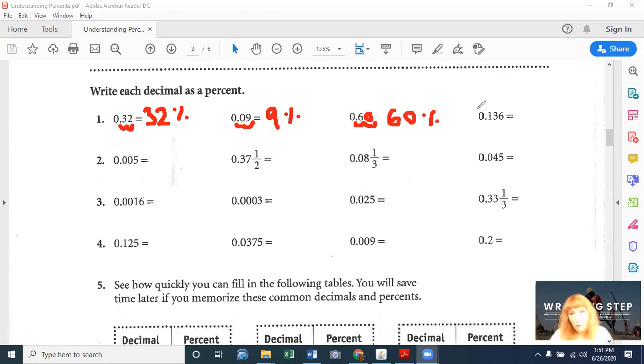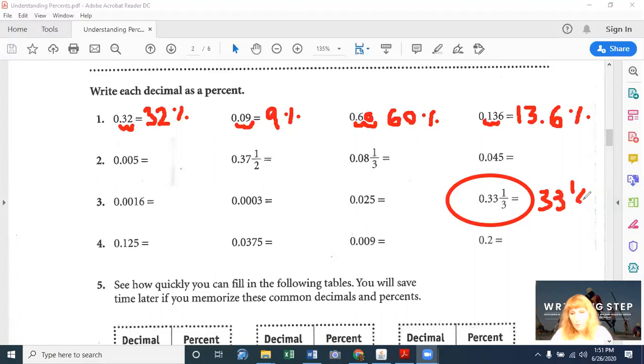In the last one in this row, you move 2 to the right. 1, 2. You end up with 13.6%. So that's what you're going to be doing on all of those. I might want to just point out this one here. That one would become, moving 2 to the right, 33 1/3%. So all you do is move your decimal and you still keep the fraction with it. Okay, if we scroll down just a little bit,